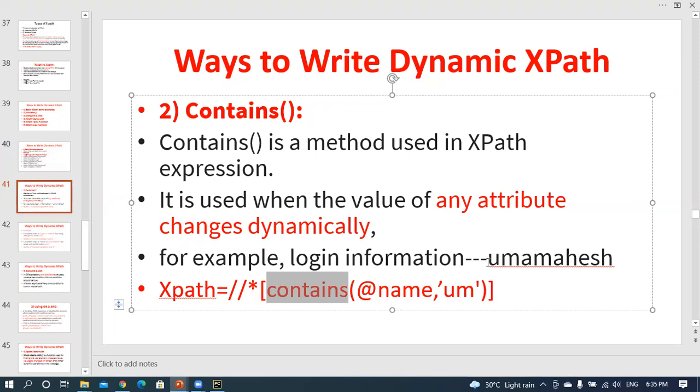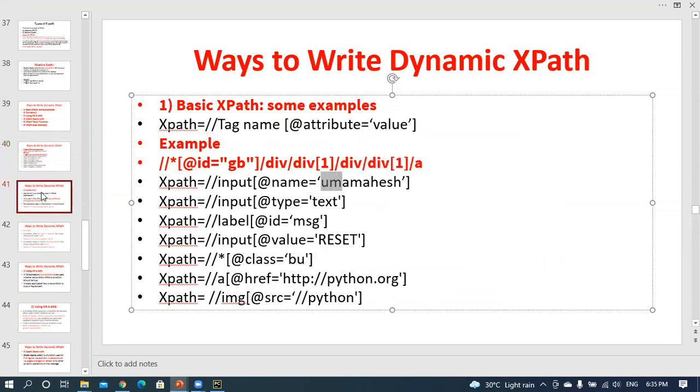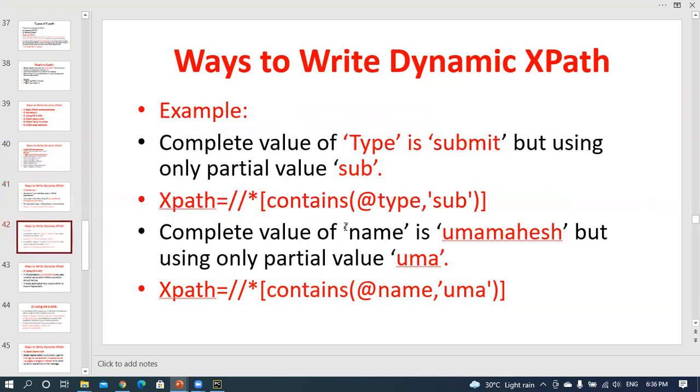For example, previously you had the name Uma Mahesh. Instead of the full name, I use only contains. If the name contains Uma Mahesh, then that element is automatically executed.